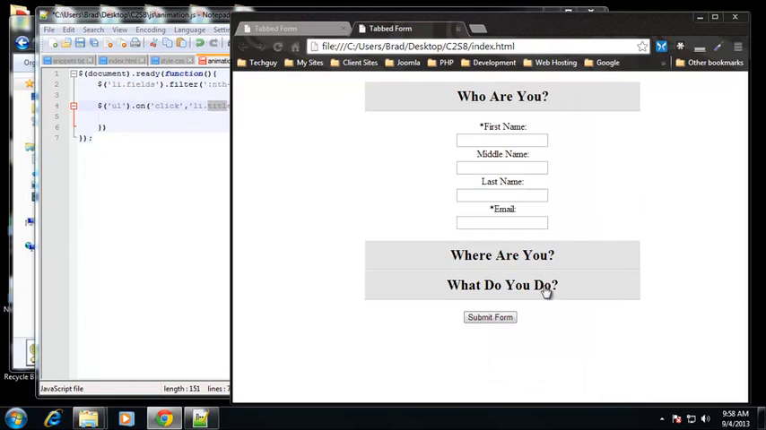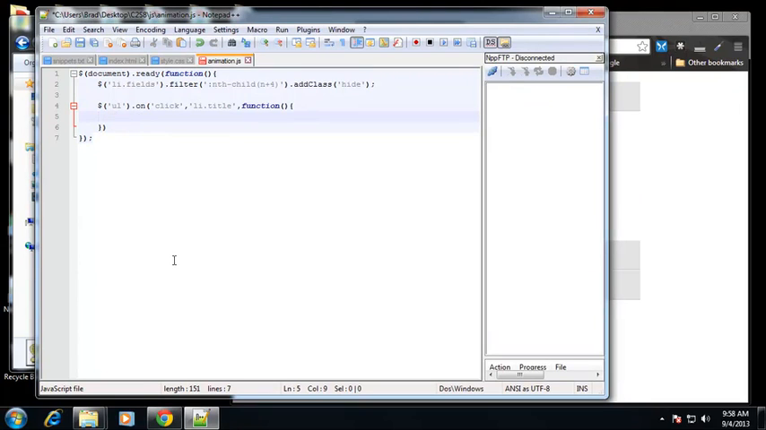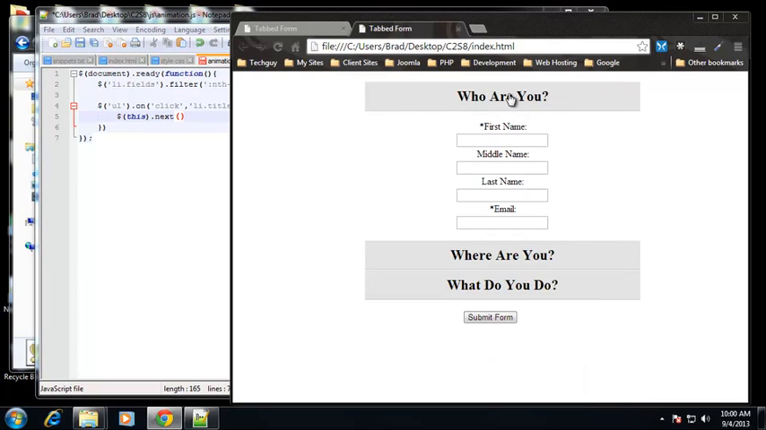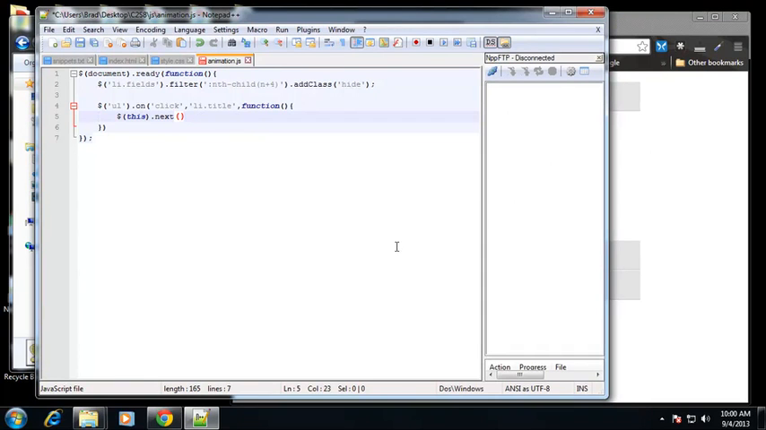So whenever we click on any of these, and what we want to do is we're going to say this, because we're talking about the element that we're dealing with, which is the li.title, and we're going to do a little bit of chaining here. We're going to say next. Now what we mean by next is the next element. So the li.title, which is the tab, the next element would be the li.fields, and that's what we want to slide down. So we're going to say next dot slide down,